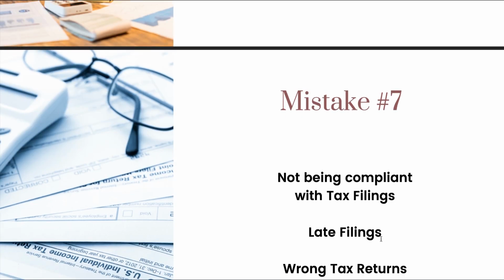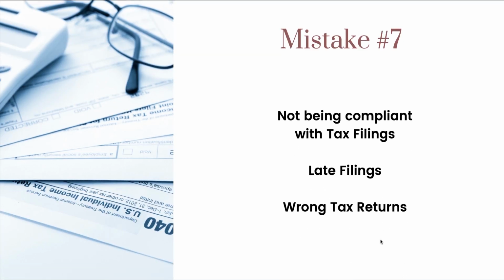Okay. Mistake number 7 is not being compliant with your tax filings or filing the wrong returns. Different business structures require different tax forms to be filed. So, are you a sole proprietorship, an LLC, a partnership, an S corporation, etc.? Do you have people who work for you? Is your business required to file sales tax returns? The list goes on and on. But this is one mistake that can be avoided simply by educating yourself when it comes to taxes and your